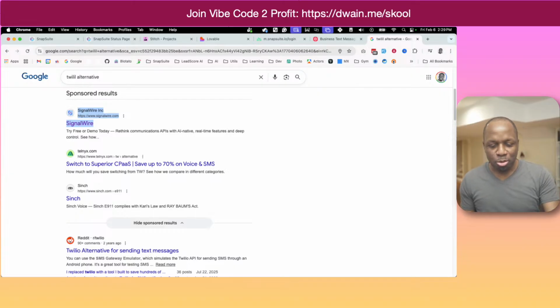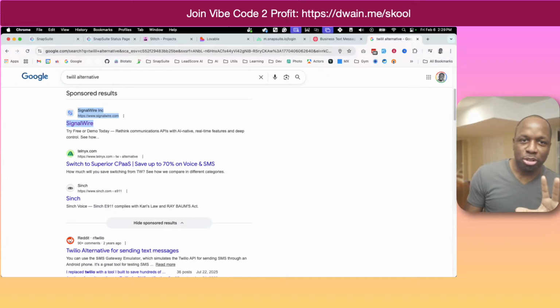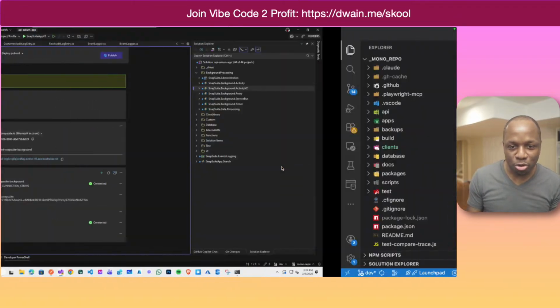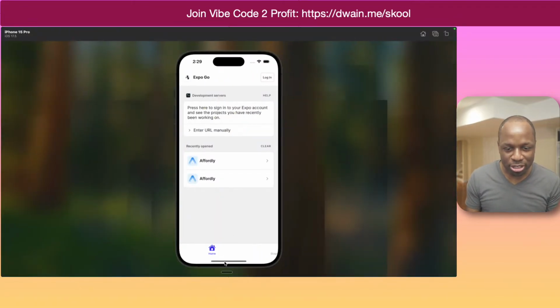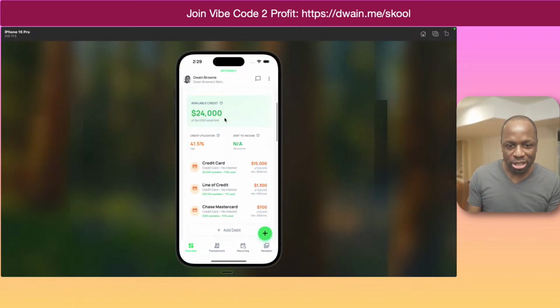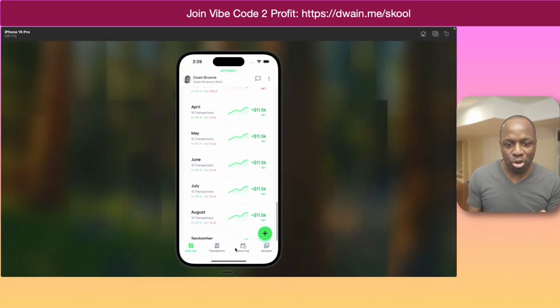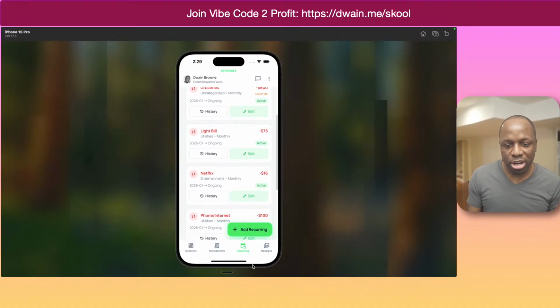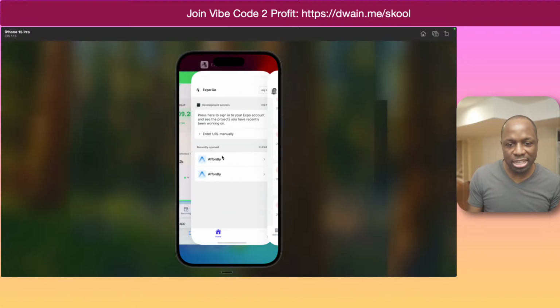I love PWA. I do as well. However, most people love to install apps, so you have to have an app in the app store. And like I was saying before, just to go back to that conversation very quickly in case you're new here. The app that I have is a PWA. This one here is a full PWA app that I'm showing you. And then what I did was I took the PWA and I removed the header and the footer, and then I wrapped it in a React Native app.